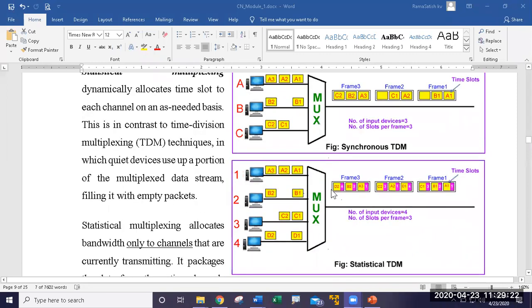So we go with statistical time division multiplexing. If all the stations have A1, B1, C1, you can see A1, B1, C1, and D1 is allocated to the next one. Next A2 is there, and since you don't have